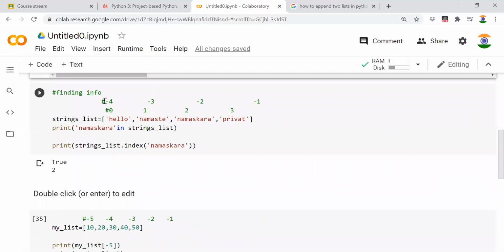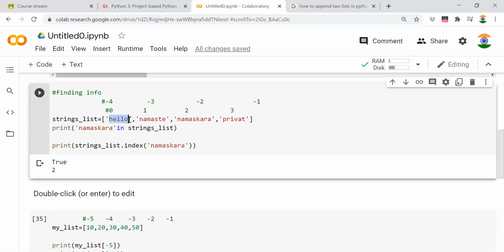Now let's go forward. How is indexing done in Python? If we start from the starting element, then it will go 0, 1, 2, 3 till the last element. However, from the back, it starts from -1, -2 up to the first element, which is -4. It can become confusing if you're moving to computer science after studying maths, because maths will usually start from 1. However, you should remember, and this is true with all languages, C, Java, Python, that indexing starts from